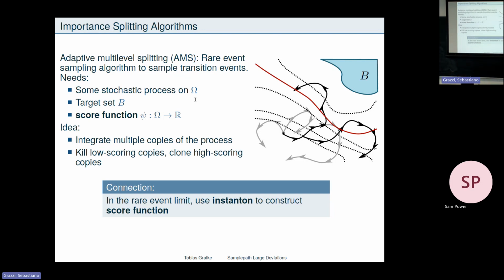I think a common idea is something like that. I want to go from A to B, and the instanton says this. And then I would say something like this is the score function, right? So a triangulation of the whole space, but this is not difficult to compute because if these are my discretization points of the most likely path, I just look at the distance to the most likely path. So I'm saying this is low score, higher, higher, higher, and so on. I take the minimum distance of my particular configuration I'm looking at right now to all my points. Right. So I think this would be the naive way.